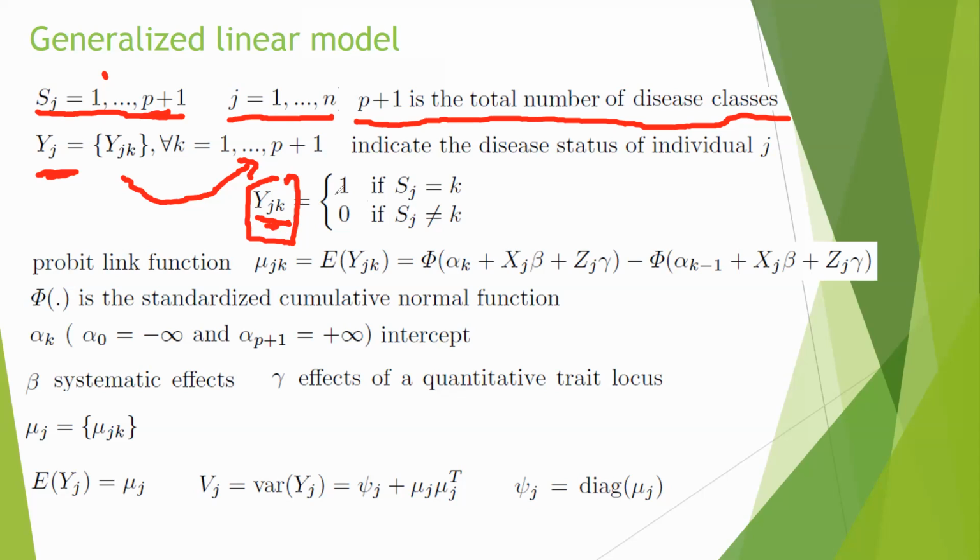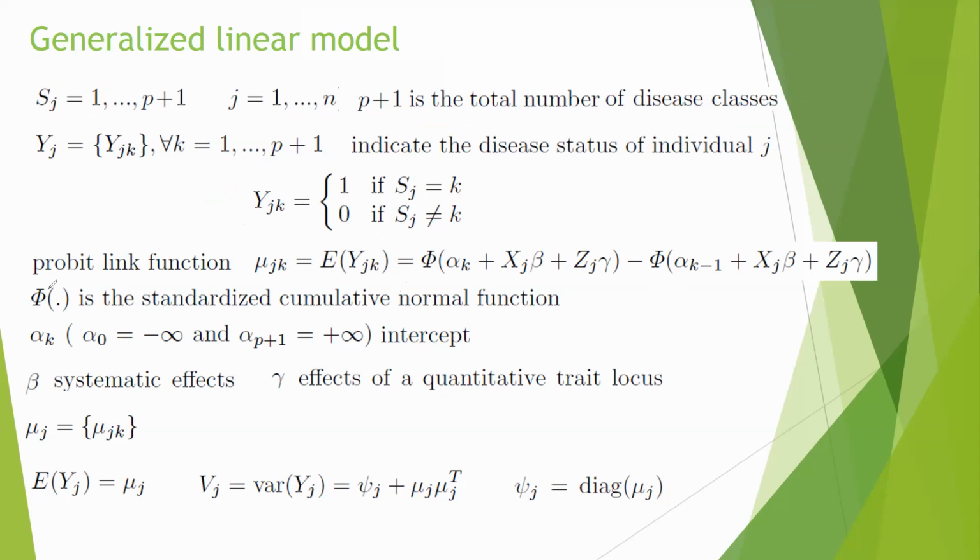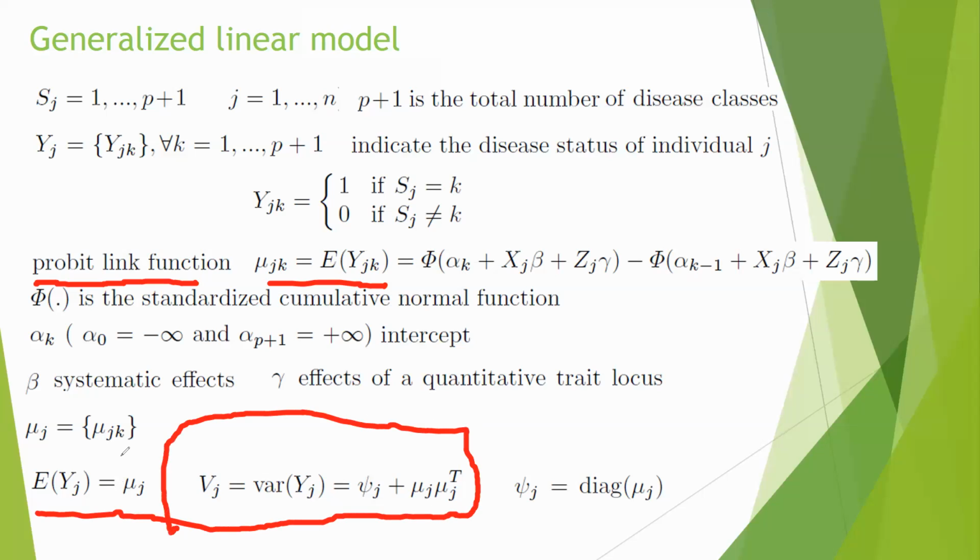So this equals 1 when the individual belongs to the case category, then you put 1. Otherwise, you put 0 for the other categories here. All right, and we use the same function here. We still use the probit link function. So this is how we calculate the expectation for each category for each individual. And this is how we calculate the variance covariance matrix for the Y variable. Remember, this is the categorical variable here. We're going to use a latent variable